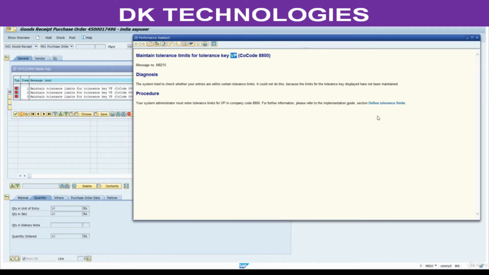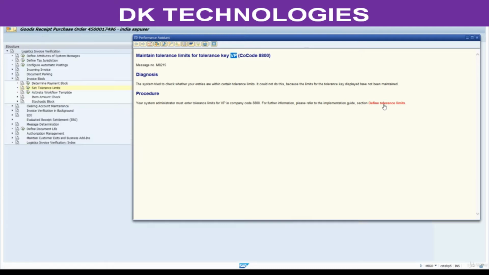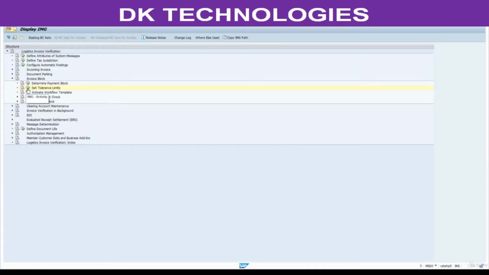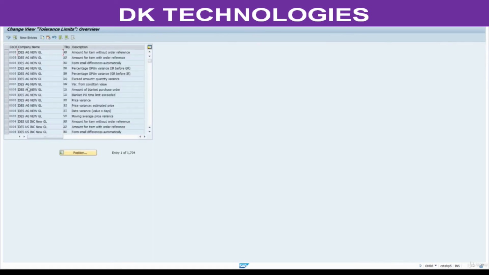Here you have the option to define a tolerance. See, right now it is in blue. Click on this. This is another way to go to configuration. Click on this one. In practice it is common, you are going to get issues like this. Take any one, take any VP. This is VP here. Copy this,